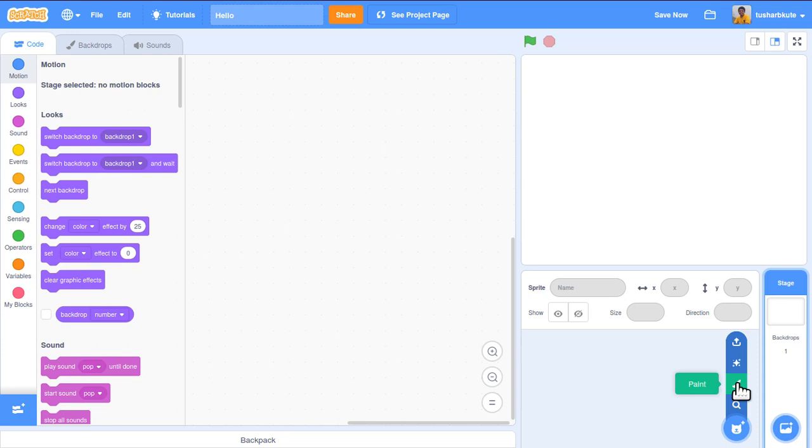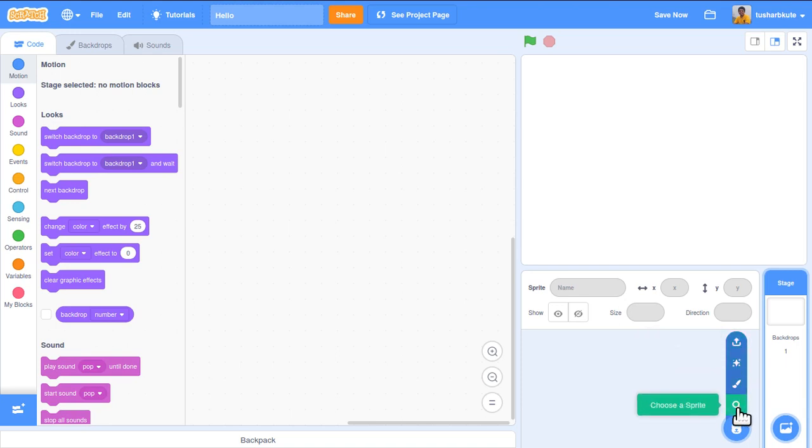Above that we have an option called surprise. When I click on that, some random sprite will appear in the output. Anything can be there. If I click on surprise, my output will be different, or your output can also be different. That's the meaning of the surprise button. And the last is upload. Upload means if you already have a sprite created which is not present in the Scratch editor, we can upload it from here. We'll see all of these options.